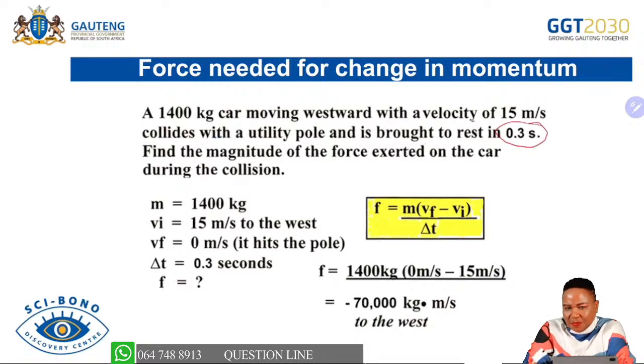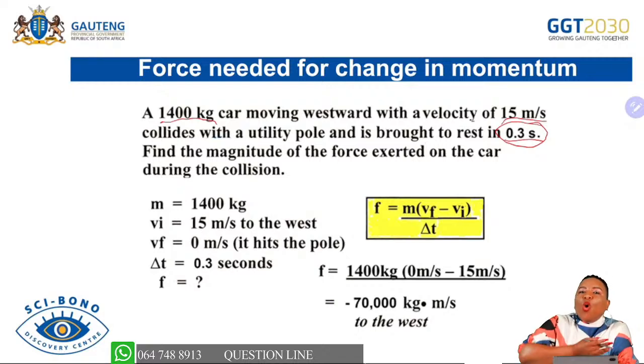0.3 seconds. Now, when we are dealing with calculations in physical sciences, the first thing that we need to do is identify the variables. You need to have your data, the information that is provided in the question, so that you immediately know what variables you have, and if they are looking for a certain variable, you need to know which correct formula you can use. And all these formulas I know already, because this is our strategy. They are provided to you.